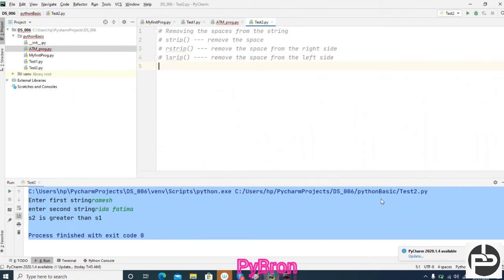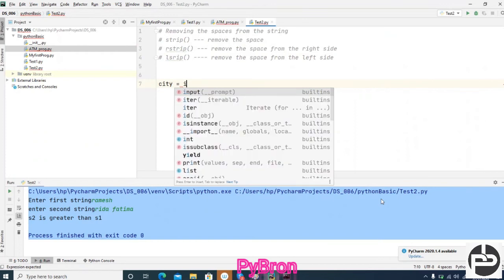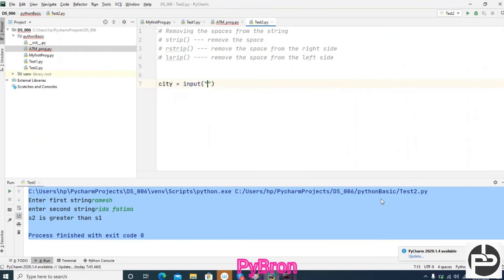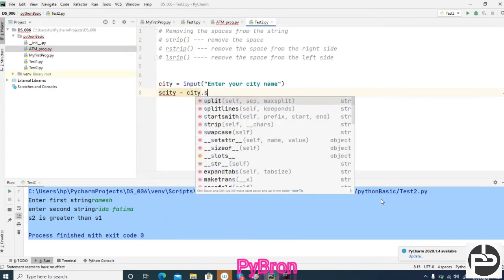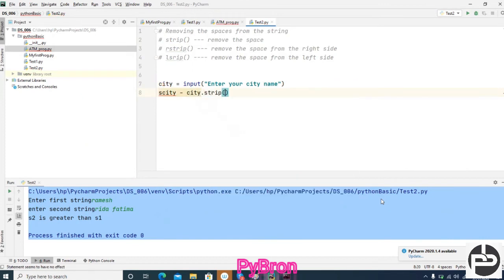Got it. Let's see what we can do. Let's see. City is equal to input: enter your city name. And city name we will get. And then I'm saying city is equal to city dot strip.